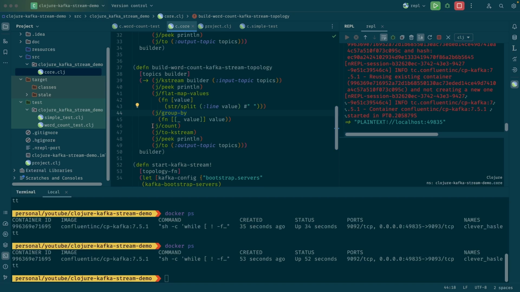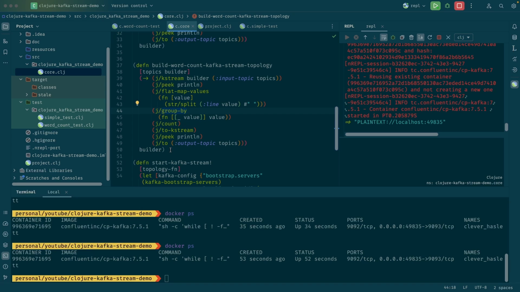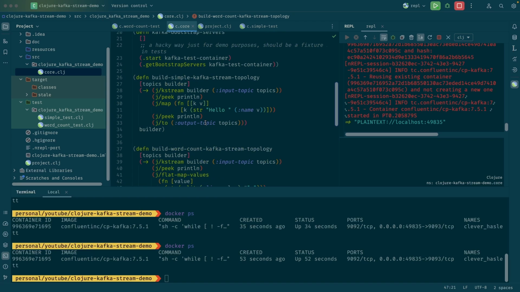So yeah, it's building the state, and after that you produce the result to an output topic, and you'll see that, for example, this word occurred one time and then two times when we found it the second time, etc. But yeah, we'll see that in tests as well. But let's start with this simple